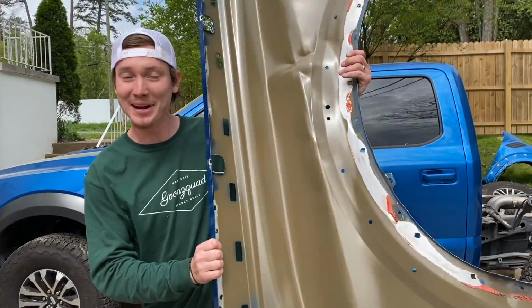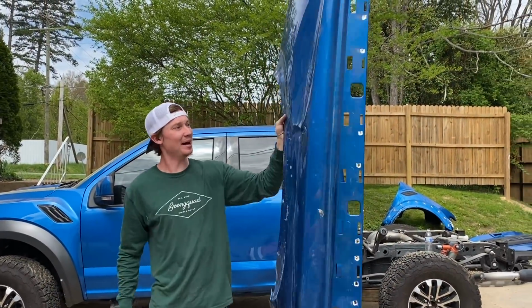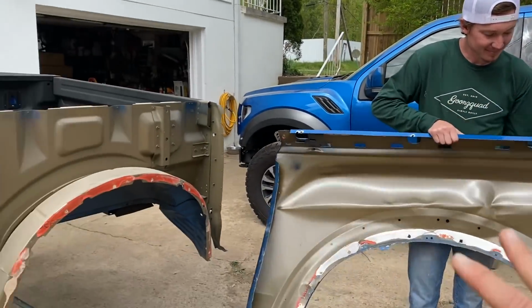There you go, a whole entire bedside. Oh man, my goodness, how heavy is that thing? Dude, that thing is super light, man. That is crazy. So it is the next day here, and we ended up just popping off this whole entire side